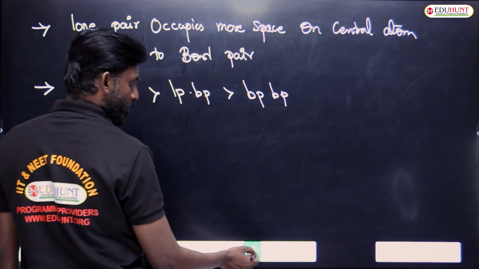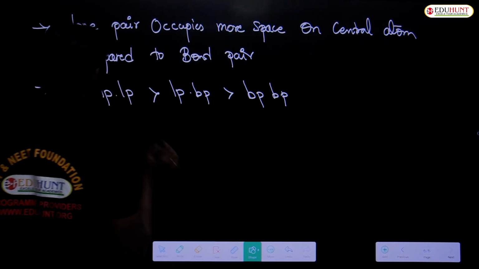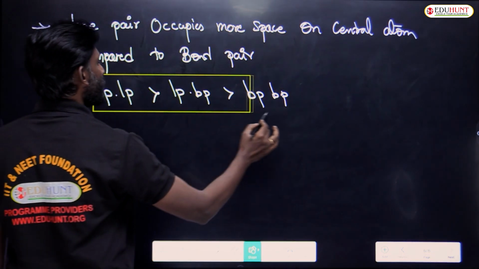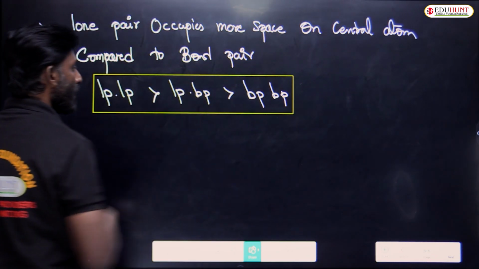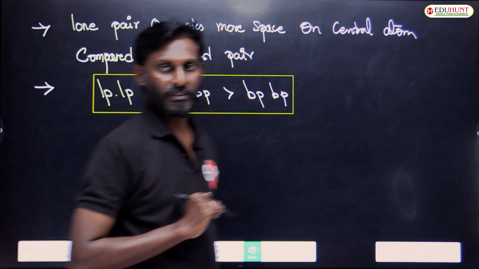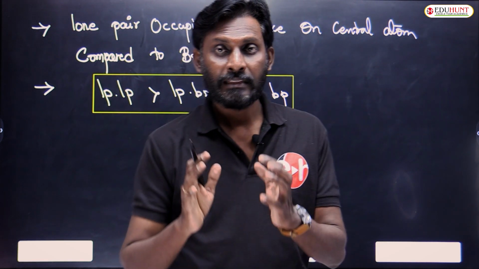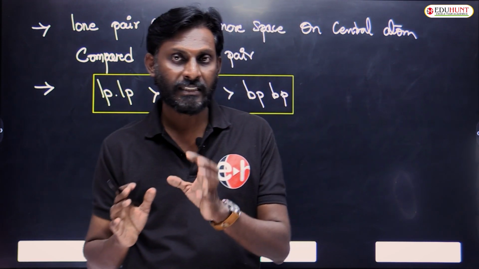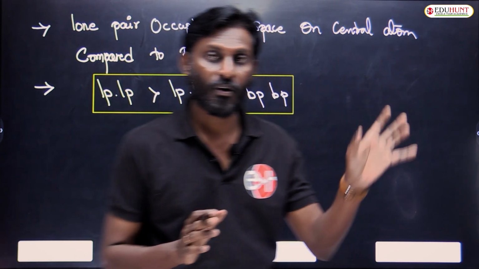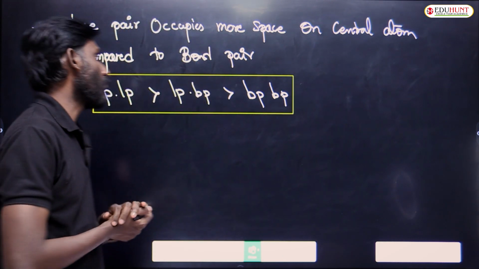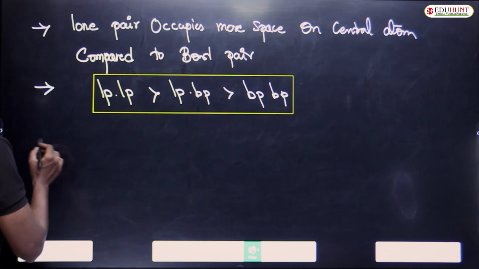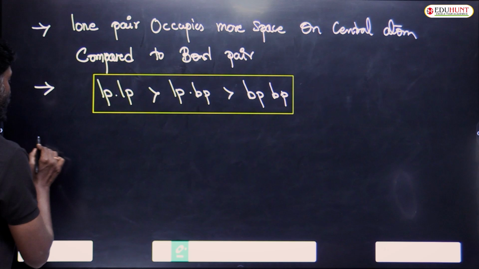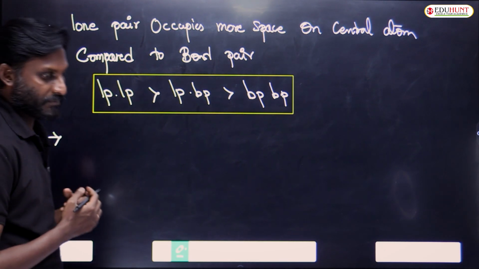See, lone pair-lone pair repulsion is going to be more than lone pair-bond pair repulsion, and that is going to be more than bond pair repulsion. Okay, so this point will make some changes in the ideal geometry or the bond angles we expect from the Sidgwick and Powell concept. Okay, yes,